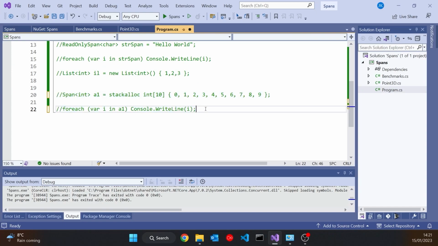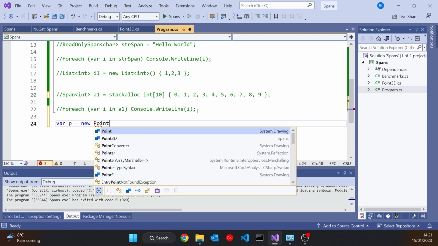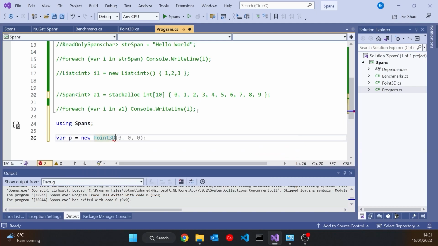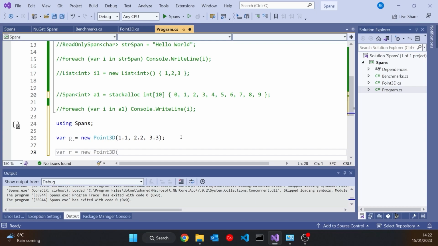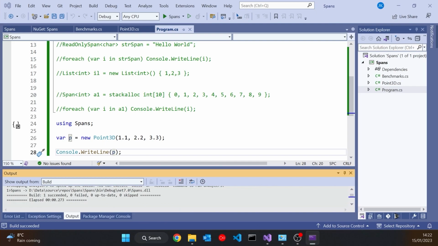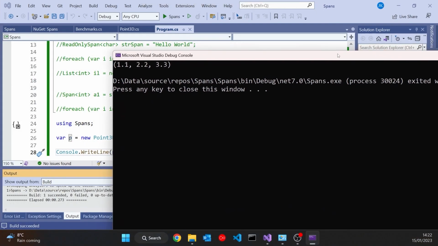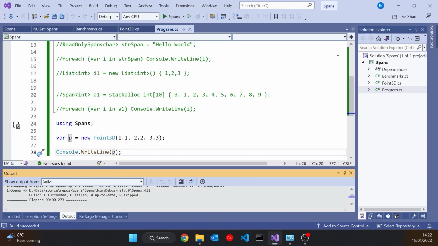And so if we go back to our program here, if I just say var p equals new Point3D, and then give it some values in there. So let's go for 1.1, 2.2, 3.3. And then the only thing we can do with it, as we've seen, is say Console.WriteLine of p, that will call the ToString, and we get the results out as we expected. But once you've got something like that, a numerical type, what you very often want to do, just like we can do with ints and doubles and everything else, is parse it.